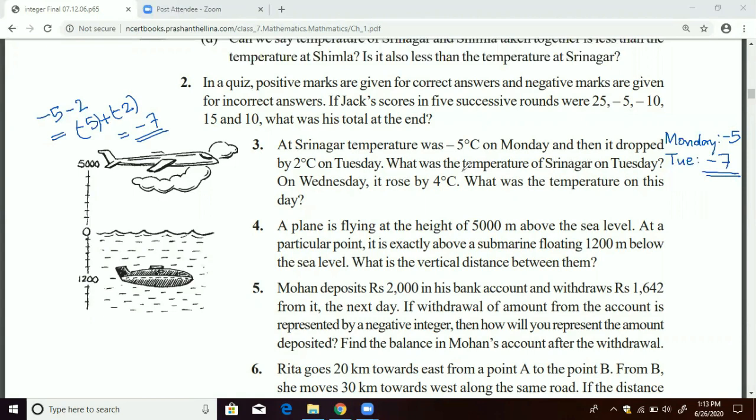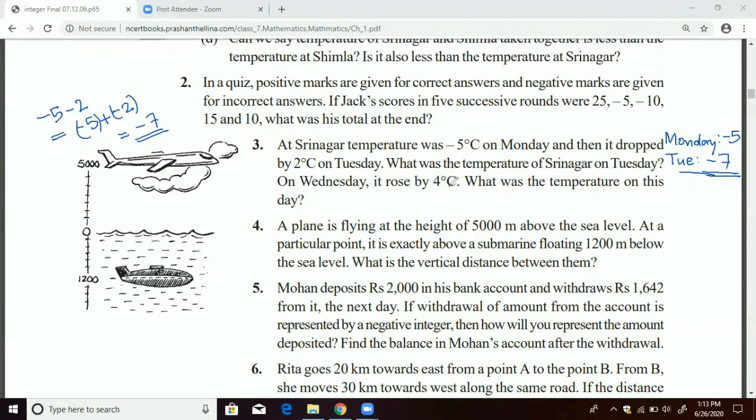What was the temperature of Srinagar on Tuesday? The answer is -7 because it dropped by 2 degrees Celsius. On Wednesday, what happened? It rose by 4 degrees Celsius. That means